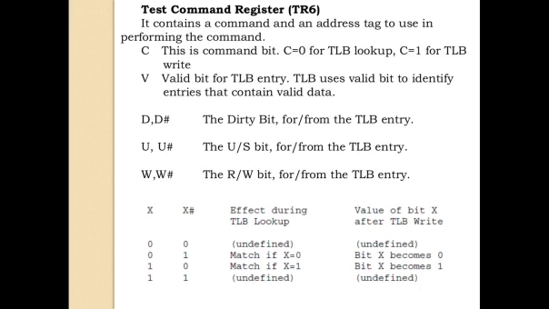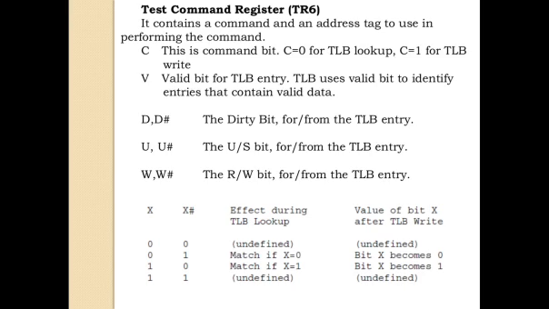So when C is equal to 0, we perform lookup, and when it is 1, we have to write the data to the TLB. So new data which is generated and which needs to be stored in the memory will be first written to the TLB and then to the memory. So a copy of recent data is available in TLB.